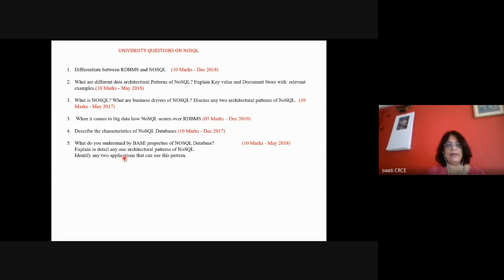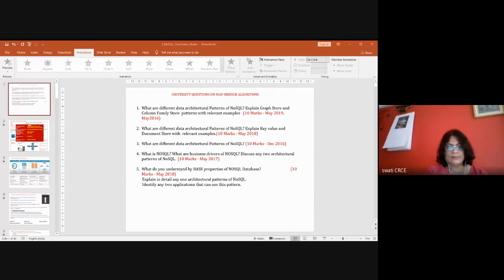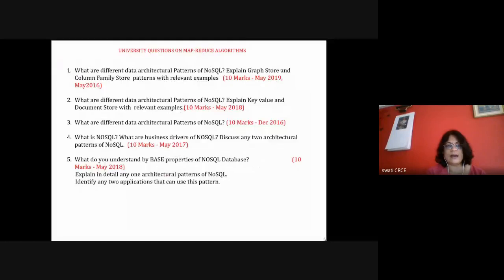So overall, every paper has 10 marks. So this was from the first part. From the second part of your syllabus, this is my second part of the syllabus, and the questions which are asked from the second part are